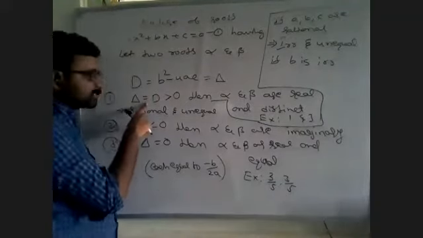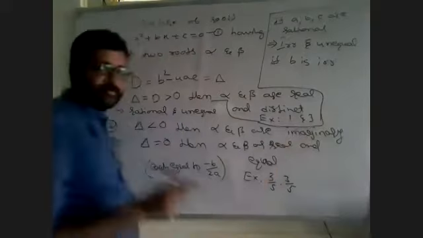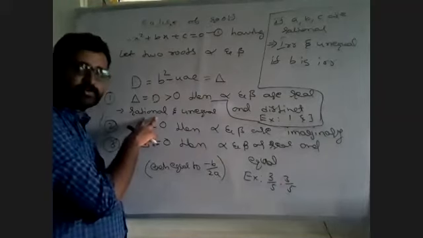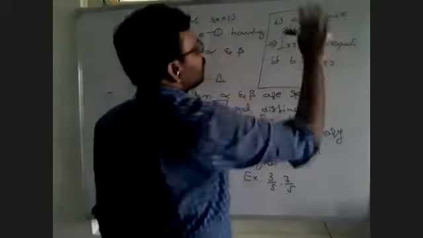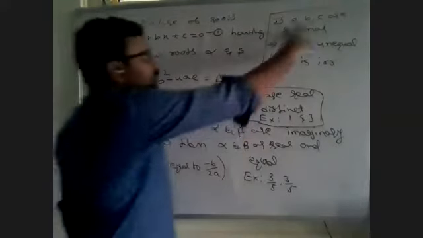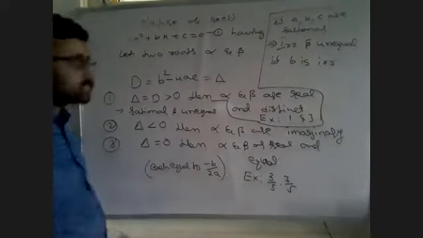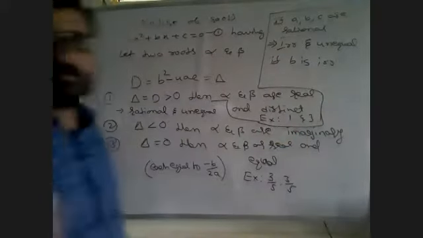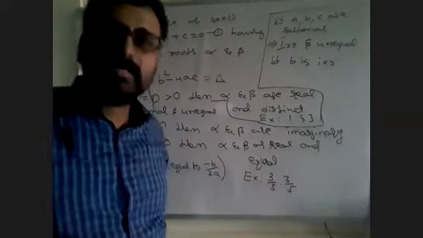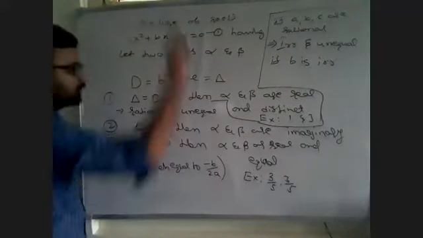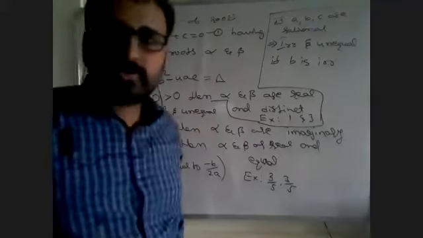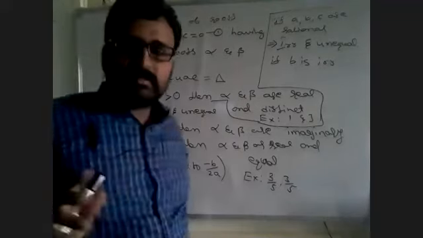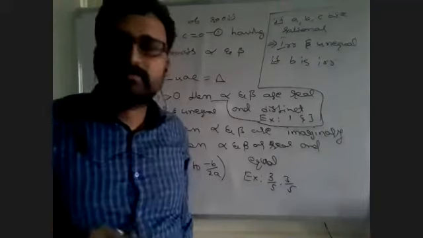Here if you get delta greater than 0, you will get two roots which are real and distinct. Suppose those two are rational; then A, B, C are rational. If A, B, C are rational, those two are also rational. Suppose B is irrational, then those two are also irrational and unequal. So these are very important conditions for the next exercise. You should learn these. Then we will complete the next exercise, and that is very easy. Every question compared to the previous exercise has a short solution.